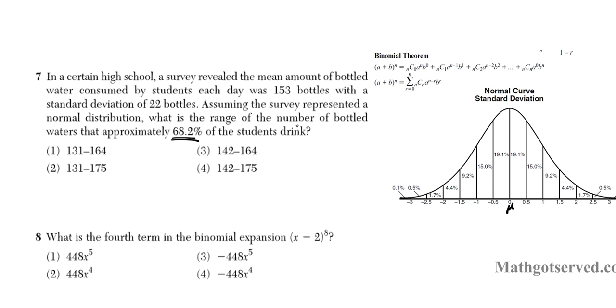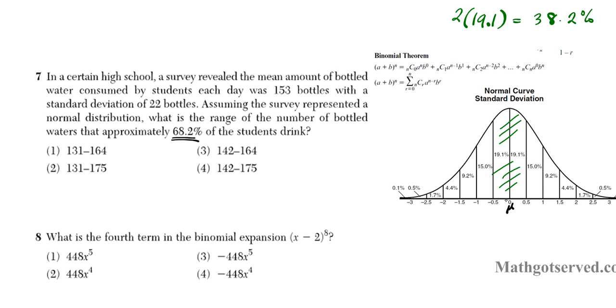sample space. So let's see. If we deviate 0.5 to the left and the right, how much population do we capture? Okay, what is the range that's captured here in this region? If we go 0.5, remember the target is 68.2. So if we go 19.1 to the left and 19.1 to the right, it's basically 2 times 19.1, which is 38.2%. So if we deviate a half of a standard deviation in both directions, we're going to hit 38.2%, but that's not what we want. What we want is